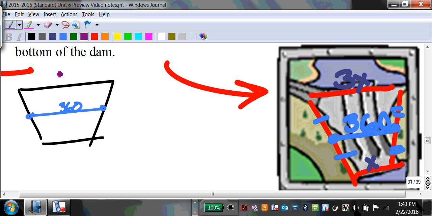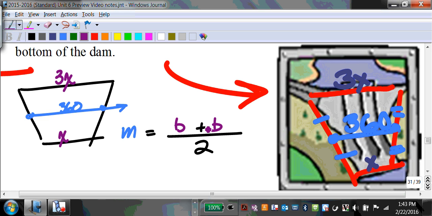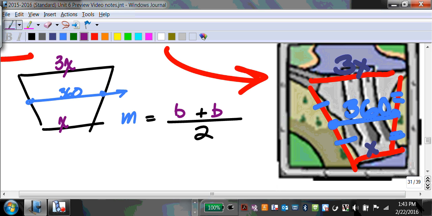And the top is 3 of something, and your bottom is something. So we're going to start by writing out the equation for median, which is median equals base plus base over 2. Then you circle, plug, chug. You always write your equations, 2 sides with an equal sign. So that's 360 equals